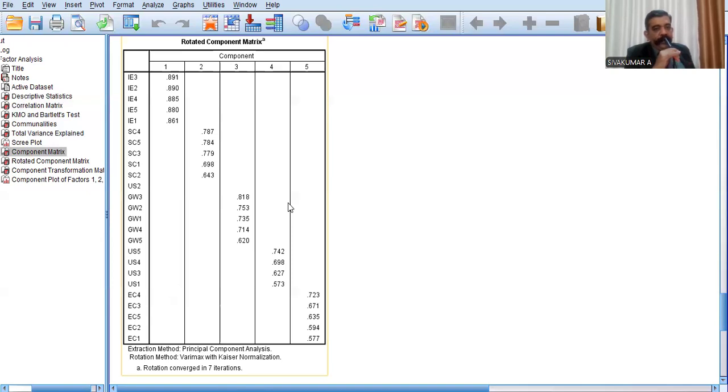We can see the US2, but no values related to the US2. Then please omit US2. Then US means USA, USA economy. Then EC means European economy. GW means global wars. SC means Chinese economy. Please wait. This bimetric theory portion. Okay, IE3. If you have a pen or pencil or a page in your hand, please write the names.